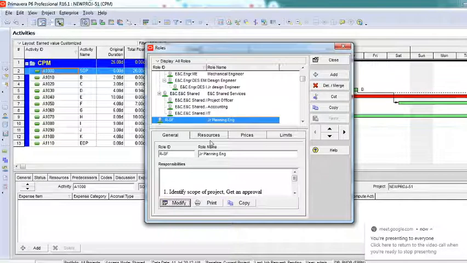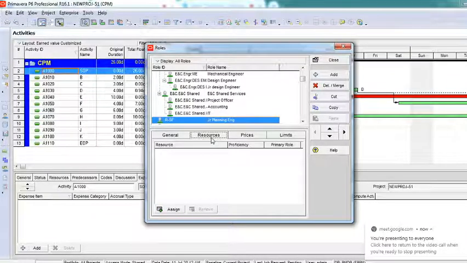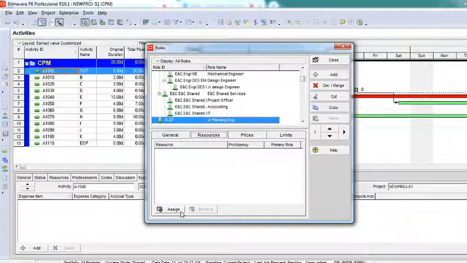And then we have one more tab here called resource. As I told you, junior planning engineer is just a role. Now who is playing this role? I can add a resource. I can click here to assign, and then add or assign a resource who is playing this. There can be multiple human resources, right? Rajat, Sachin, Saurabh, all of them can be a planning engineer. So I can add them here, assign them separately, 2, 3, 4, 5, as many as I want. It need not be one.